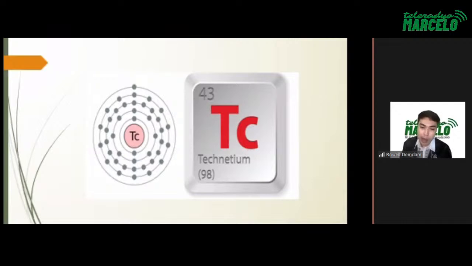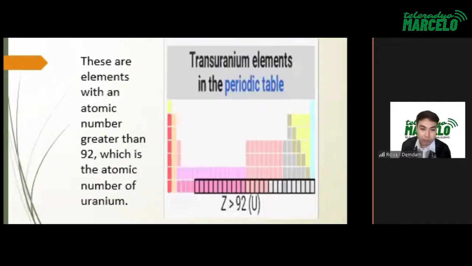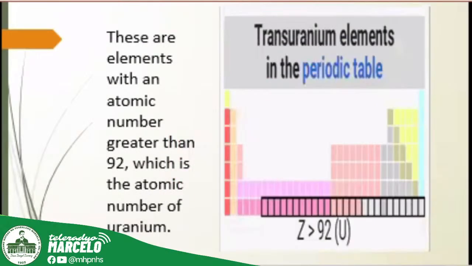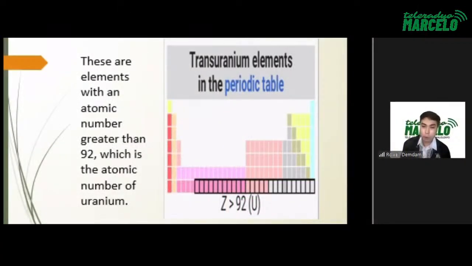Okay, so we also have this element called transuranium elements. These are elements with an atomic number greater than 92, which is the atomic number of uranium. All of these elements are unstable and decay radioactively into other elements. These elements are artificially generated. They are synthetic elements which are produced using nuclear reactors or particle